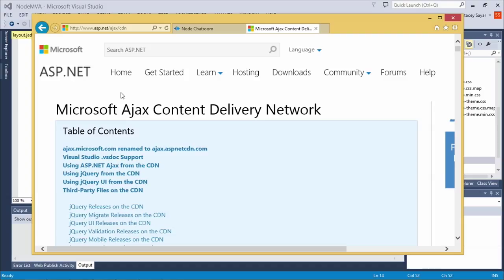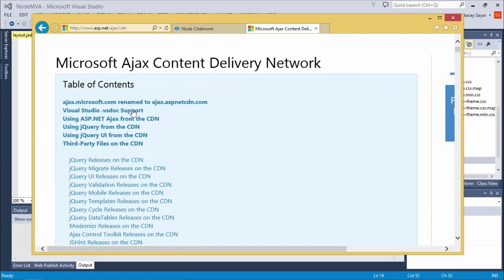Now you can also do a fallback for a CDN. For some reason, if it doesn't load, you can just document.write or whatever you need to do and include a local version. Let's say in the really rare case that a CDN goes down, you can still have a fallback in your existing JavaScript, in your HTML, so that it will load the one that's on your server as opposed to the one on a CDN. Now, the CDN that I'm using is one that we're hosting, and it includes a whole bunch of different